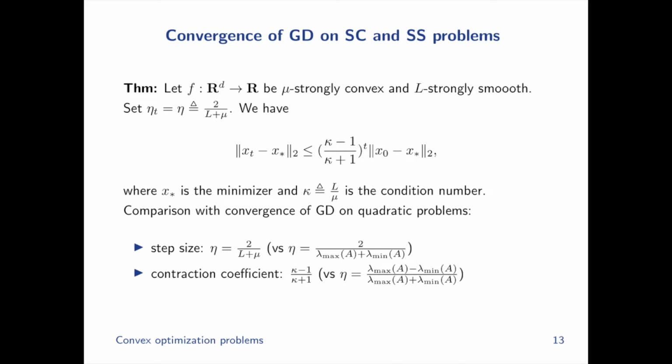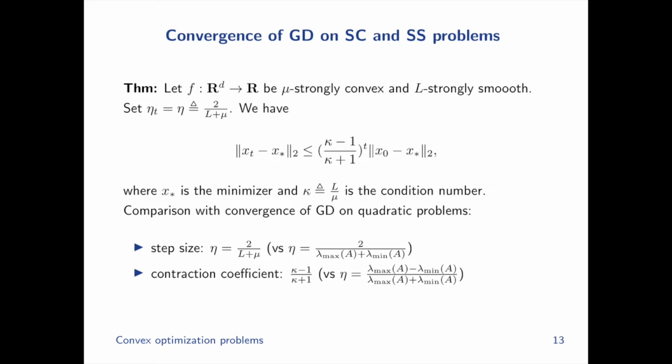So it's still a linear convergence result. The contraction factor still depends on the condition number, in the exact same way as the contraction coefficient in the quadratic case. You just have to slightly redefine the condition number, and the redefinition is very straightforward. So what you do is you take this upper bound for the curvature, this constant L, and